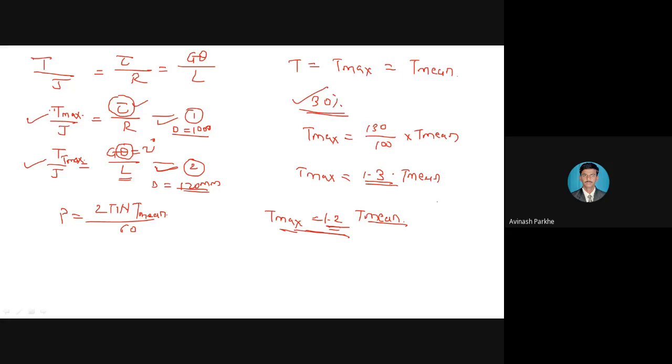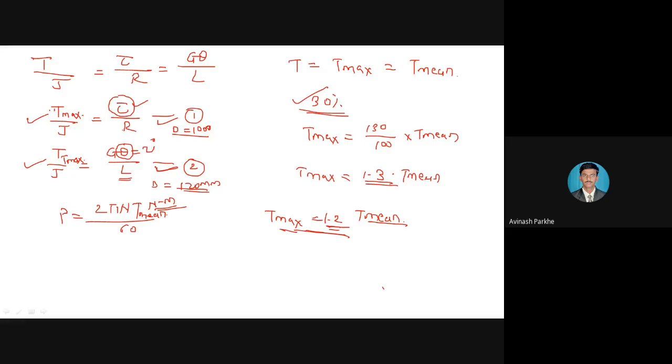But whatever the torque present in the power formula, that torque is called the mean torque. And if I keep the power in watt, then I will get the torque in Newton meter from the power formula. So I will multiply by 10 raised to 3 and convert that torque into Newton mm, and that Newton mm value I have to use in the torsion formula for the diameter calculation. So this is the procedure.